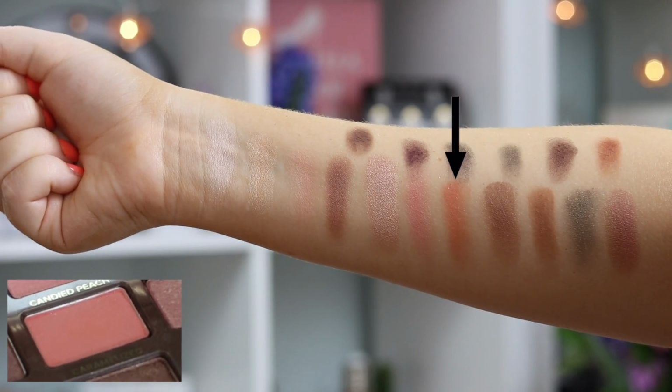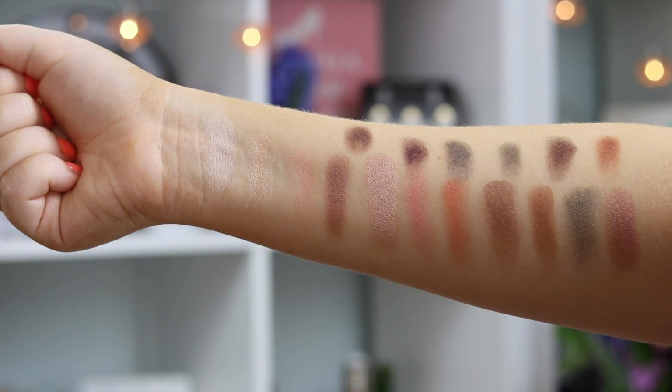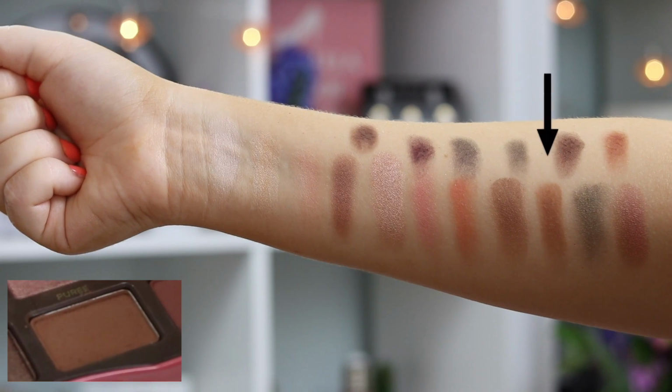The next shade is called Candy Peach, and it is a true peachy colour with a hint of gold shimmer running through it. The next shade I'm about to talk about is called Just Peachy. This is more of a cool tone peach verging on pink, and this one also has shimmer running through it as well. The next shade is called Puree, and this is a cool tone brown colour,